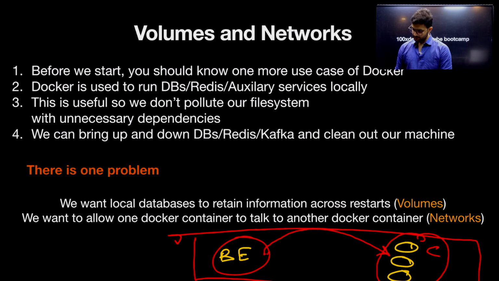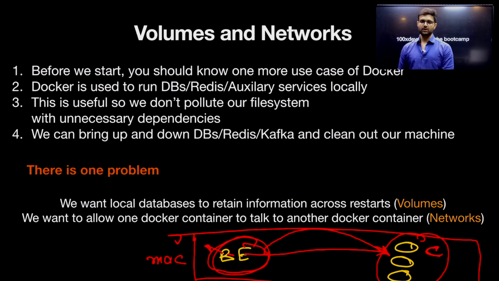The reason is, if this is my Mac, my backend is running natively here, the database is running inside a container, but since the backend is running natively, it can actually connect to localhost:27017 where my database is running. It becomes a problem when